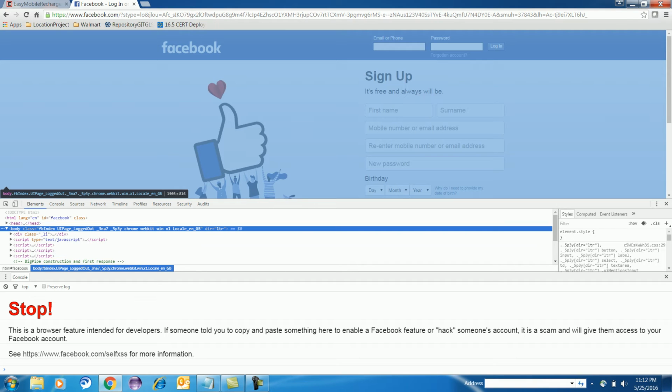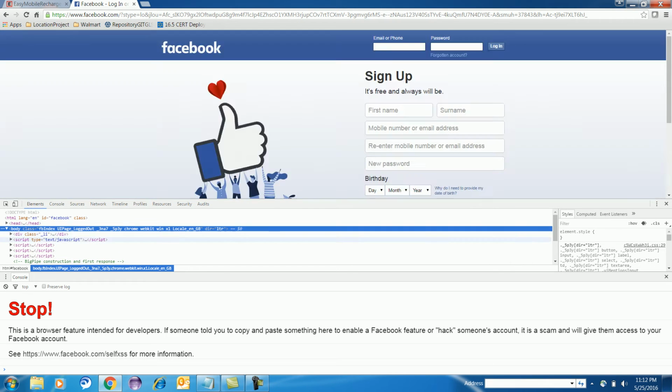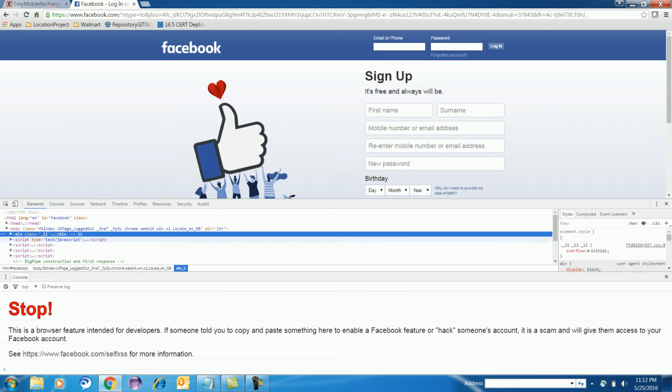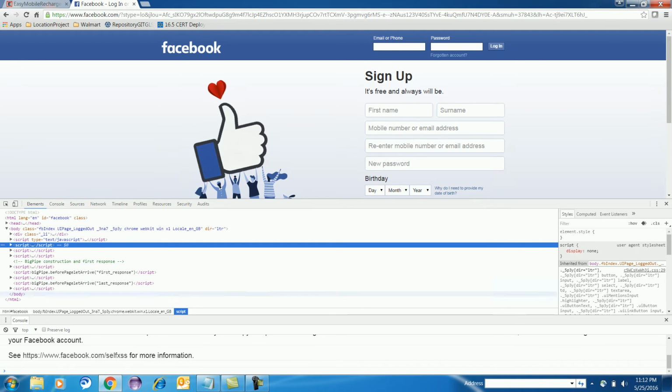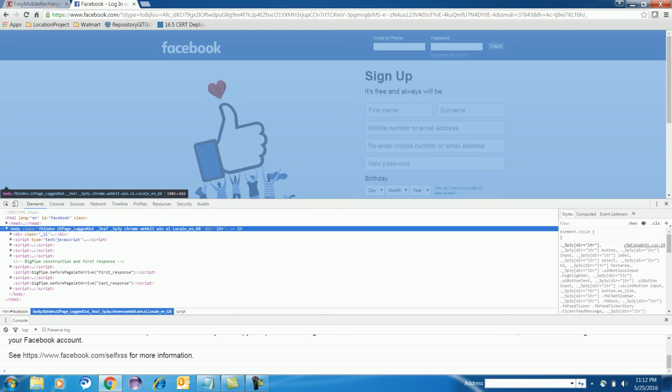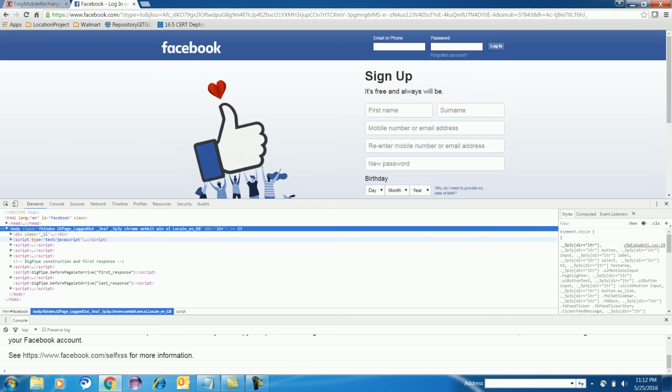And inside the parent you have a div, a script and a script. You can see all three things. So these are nothing but siblings. Why are they siblings? Because they come under the same parent. So this div and the scripts are the siblings.